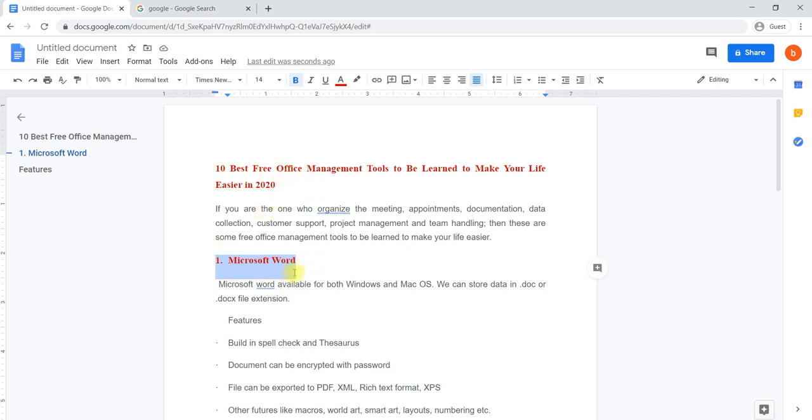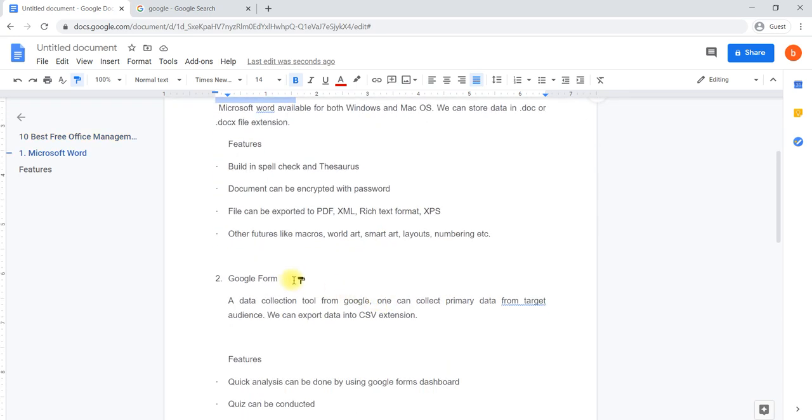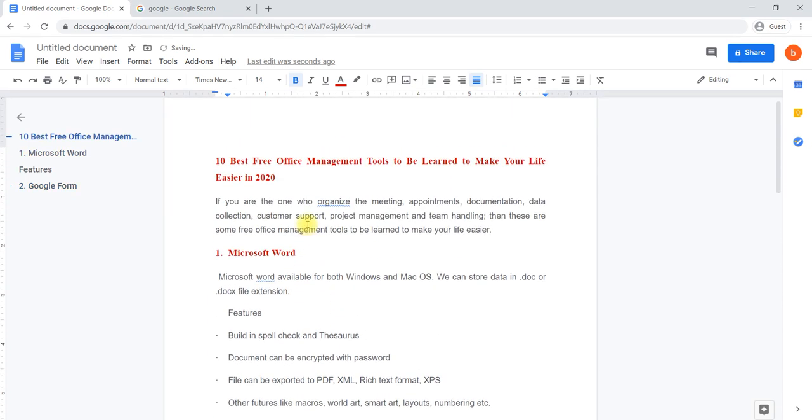Again, this format, paint format, I will select this particular option to be formatted with the same color and same font size, everything.